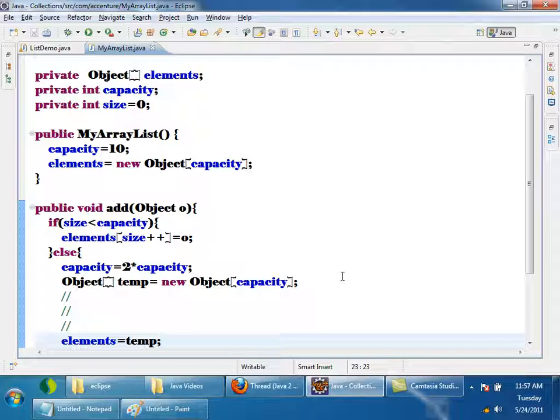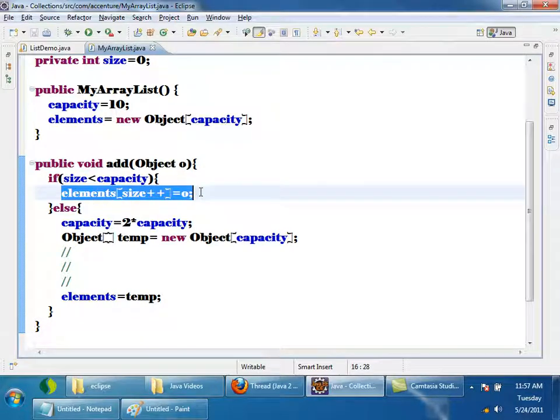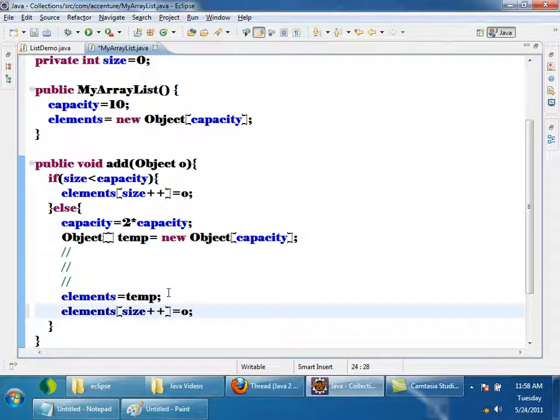Then if I do like this, elements of 11, I add the 11th element, elements of 11 is equals to whatever I add. So do you feel that the array is growing?